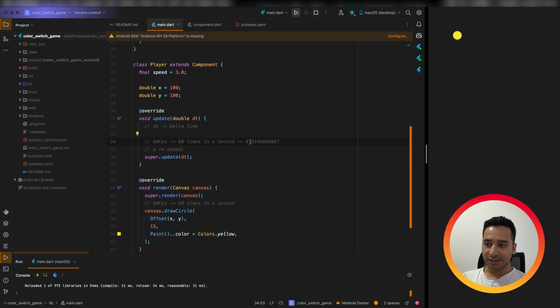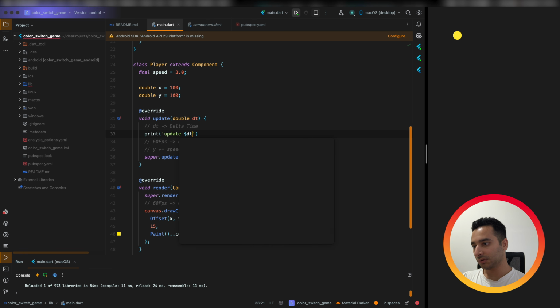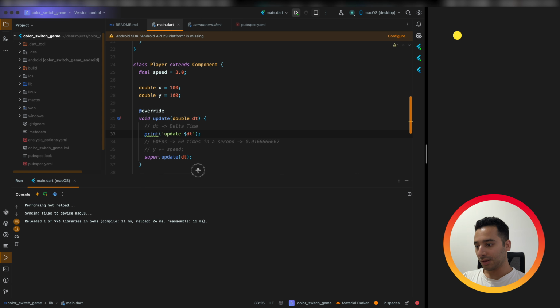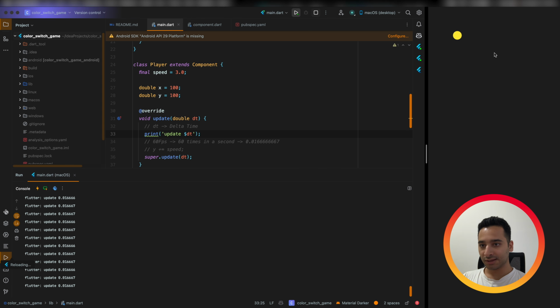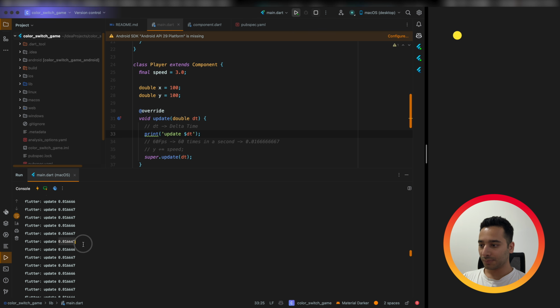It means that every 16 milliseconds you are having a frame. So let me print this variable here. And we are on a 60 frame per second machine, so you see that we have this variable.